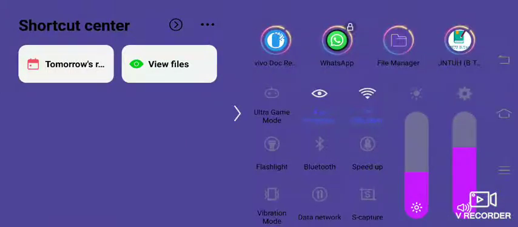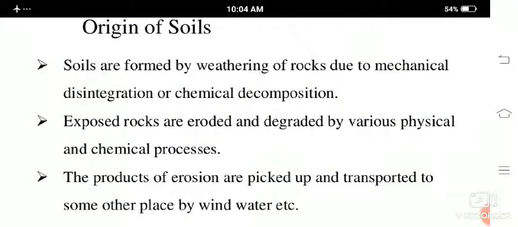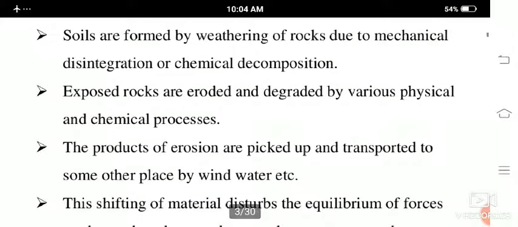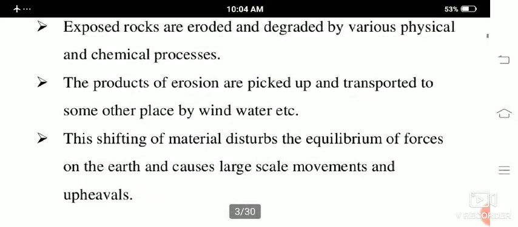So because of this, you will be studying the chemical process, and even there will be some transportation of soil, by wind or air or any natural process done by nature. Because of that, the soil gets eroded and transported from one place to another. Because of that also, the soil is getting formed.